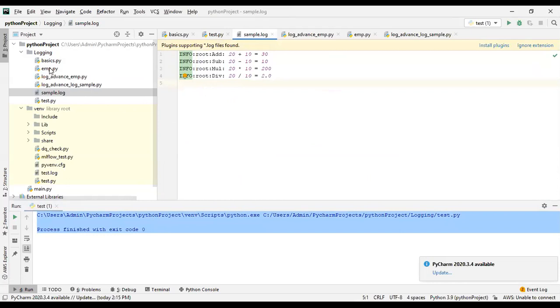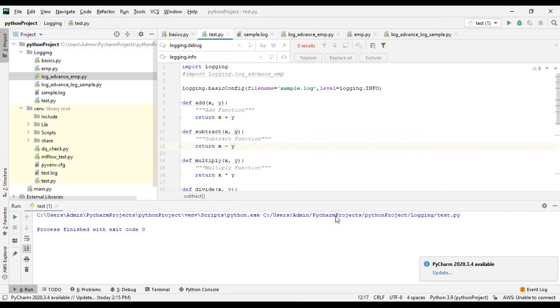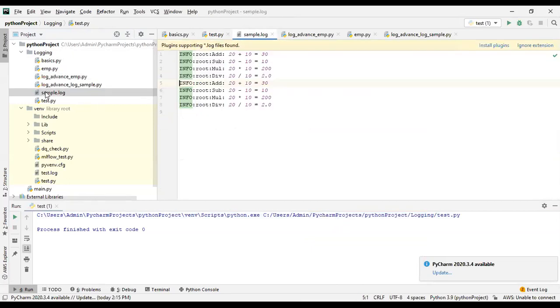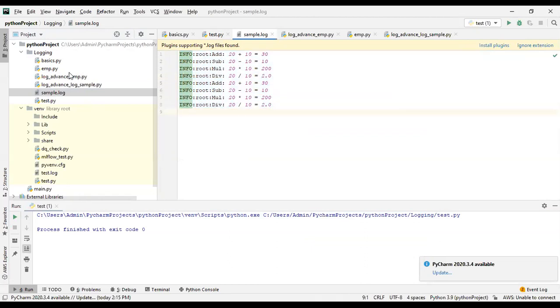Why? Let's imagine we are running in production and executing the same file twice. If you run the same job in a day twice, how will you find which log is for which run? You cannot find out. If you run the same file again, you can see the log file logged twice, but you cannot tell which log is for which time. That's why I want to know the timings.